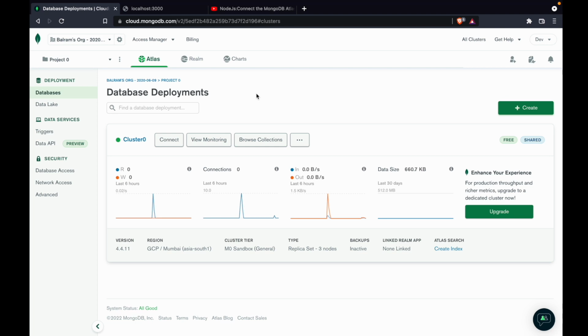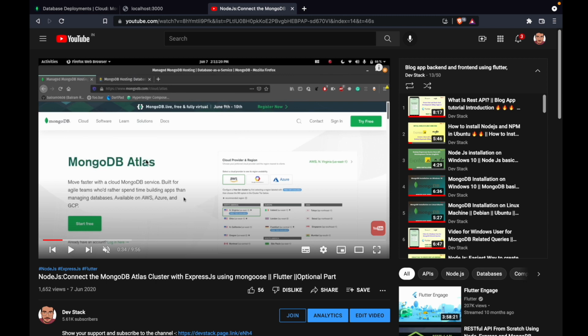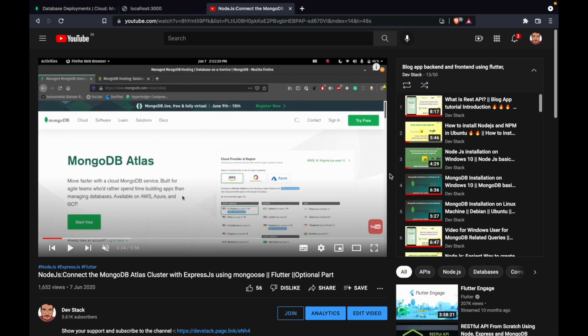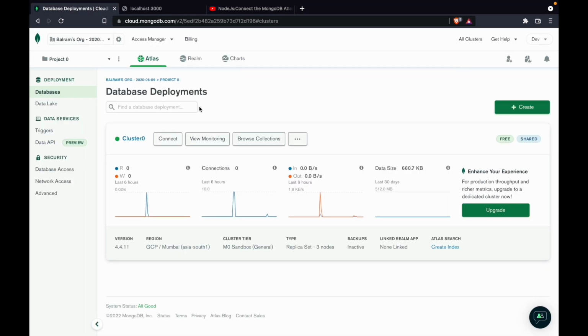So when you open cloud.mongodb.com, then you have to log in to this MongoDB Atlas website. Then you have to create a cluster. I already have created a cluster, okay. But when you first log in to this website, then you have to create a cluster, okay. And that process I already covered in one of my videos. That video is this. I will put this video link in the description. Please go and watch it. So after you create a cluster, let's continue, okay. Till creating a cluster, watch the video.